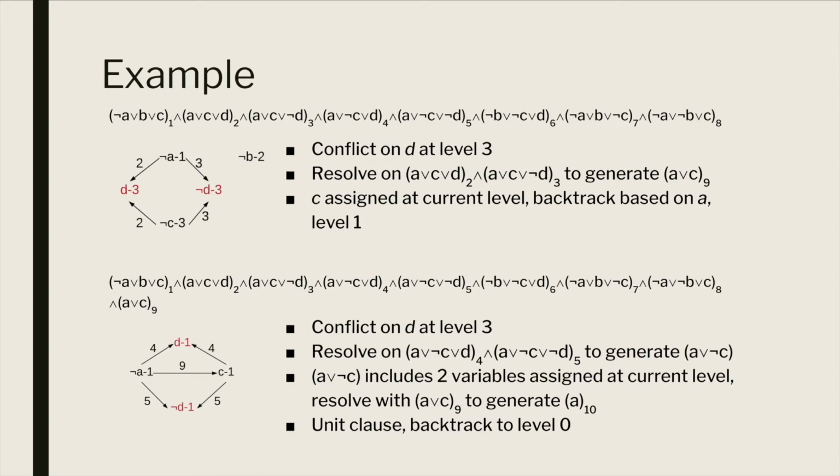We resolve this conflict on 4 and 5 to generate the new clause A or not C. The clause A or not C includes two variables assigned at the current level. Since our learned clause must have only one variable assigned at the current level, we resolve this clause with clause 9 to generate a new clause, A. This new clause only contains one variable at the current level, A, and is a unit clause, so we backtrack